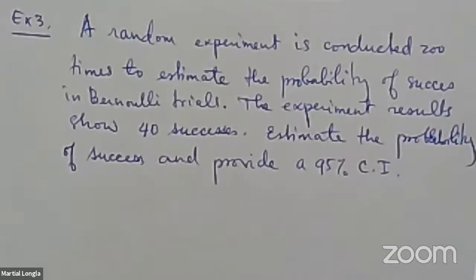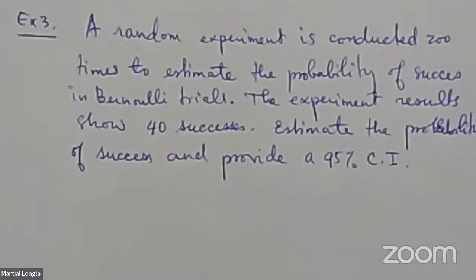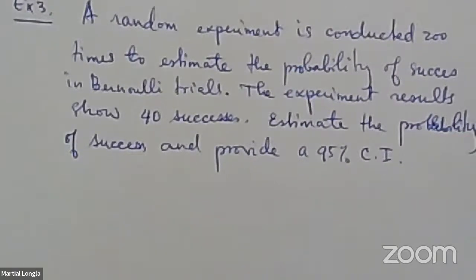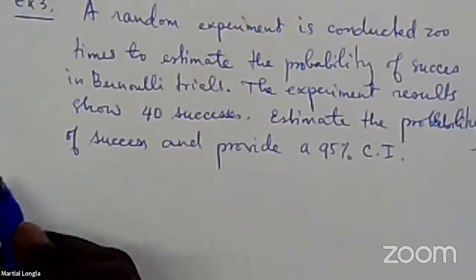So we run an experiment in which you repeat the binomial, a Bernoulli random variable, several times to have an estimate of the probability of success. And the question is, find an estimate and build a confidence interval, knowing that out of 200 experiments, we had 40 successes. So the answer